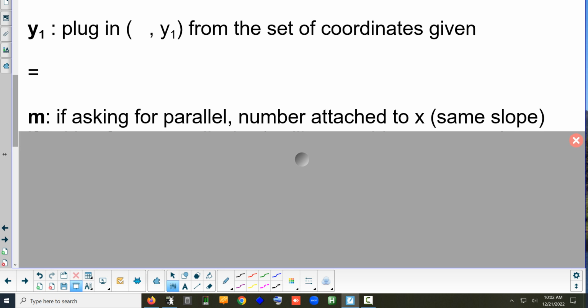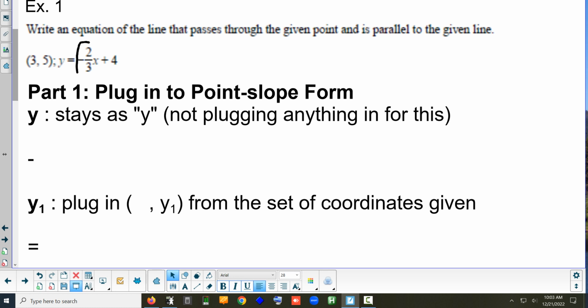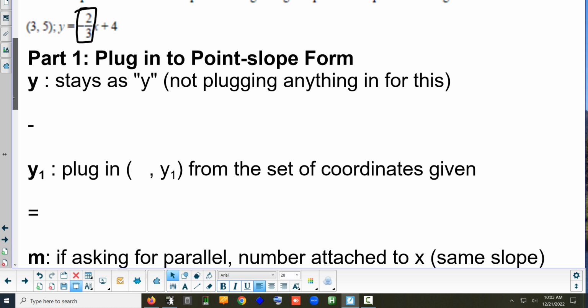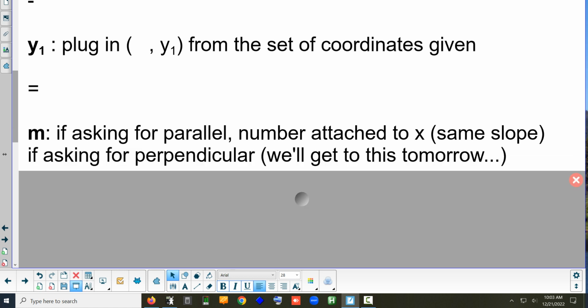Remember what we said about parallel. If you want to find something that's parallel, you keep the slope the same. You don't do anything to it. So whatever slope they gave you in the original problem, we're going to use that exact number. If it's a question about being parallel, just take the number that's attached to x